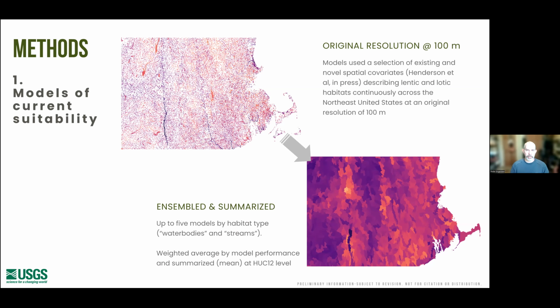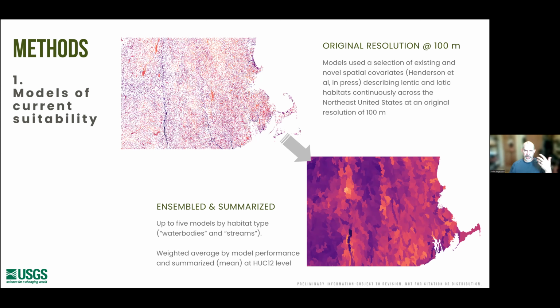We're creating species distribution models that are both species and habitat specific. And so what do I mean when I say that? So species specific, we're talking about selecting environmental predictors that are relative to the life history of those species, and then habitat predictors that are specific to water bodies, so talking lakes and wetlands, and then streams, because we know that lentic and lotic habitats have different requirements, and so we want to predict those separately and then combine that information into a final map.